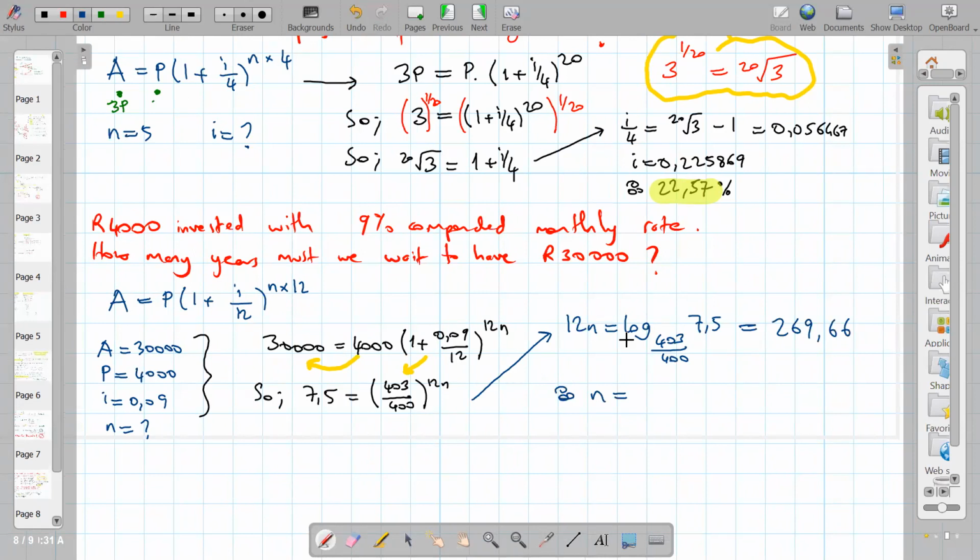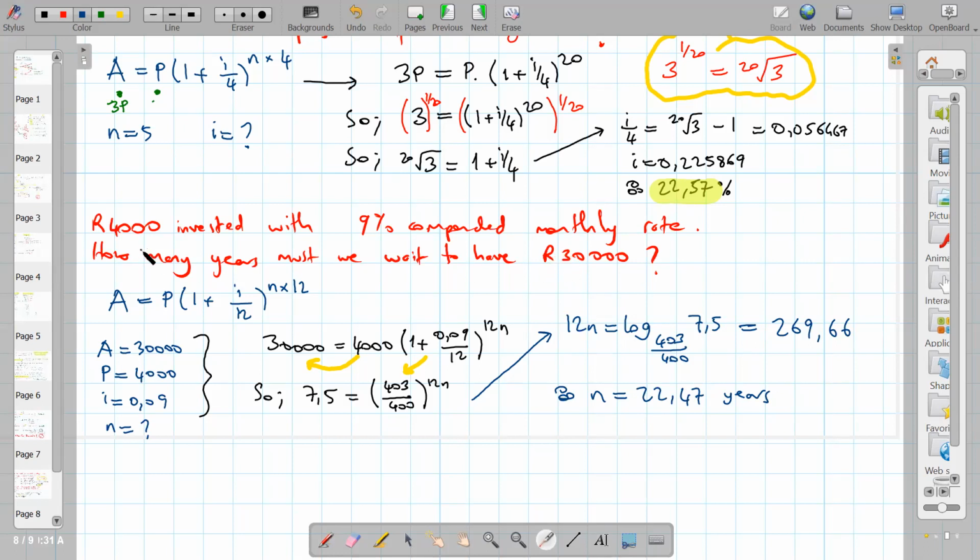So I'll do it here now. 269.66 divided by 12. The calculator gives 22.47. You can leave it like that: 22.47 years. Basically, because you have to wait more than 22 years. That means 22 years is not enough to have